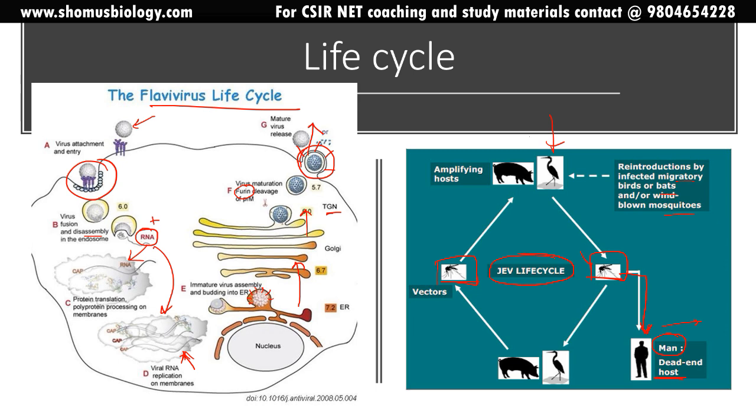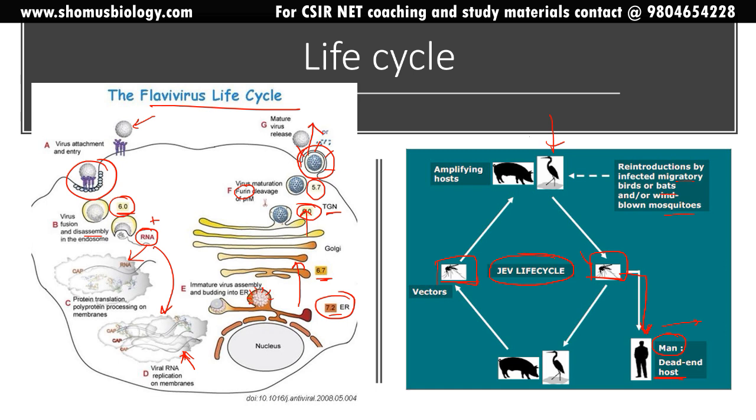The viral particle comes out by destroying or cleaving the membrane, because this virus is well packed from the endoplasmic reticulum itself, and you can clearly see how exactly the acid balance is maintained. Primarily the endosome acid content is pH 6, but in the ER lumen the pH was 7.2. Slowly the pH is decreasing from the cis-Golgi network at 6.7 to the trans-Golgi network again at 6. And at this moment, at the end, finally the vesicle filled with the flavivirus near maturation has a pH of 5.7. Then it will start cleaving the membrane and take the components out, take the viral particle out. So this is how the viral replication is done.